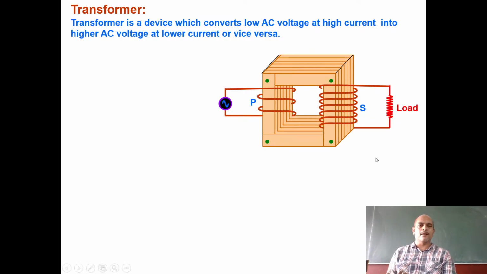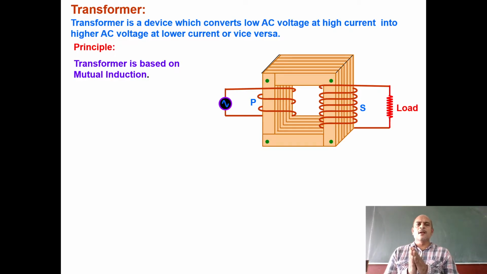So what is the principle of transformer? This is the transformer we can say. There are multiple laminated cores of iron. There are two coils. One we can say is the primary coil, which we show here by P. We can see there is a small number of turns in the primary coil and a large number of turns in the secondary coil, taken intentionally. The primary coil has an input source. It is always AC because it is based on the principle of induction. Induction needs a change in potential, and the output we get across a load or any type of resistance.